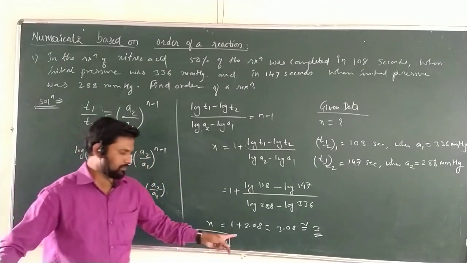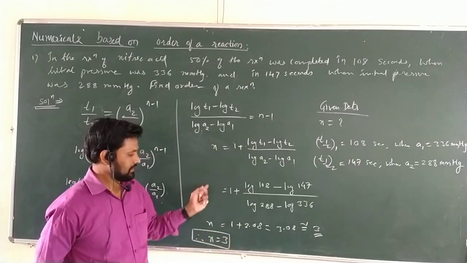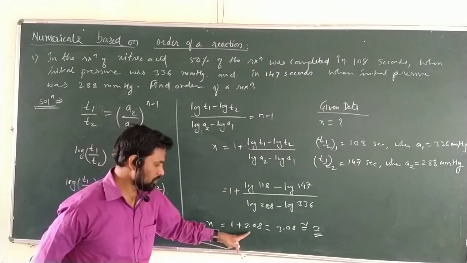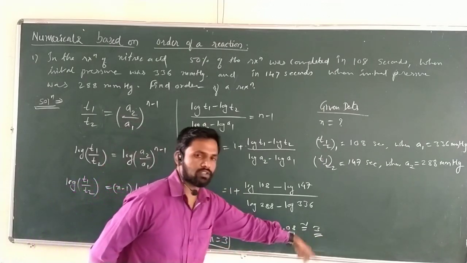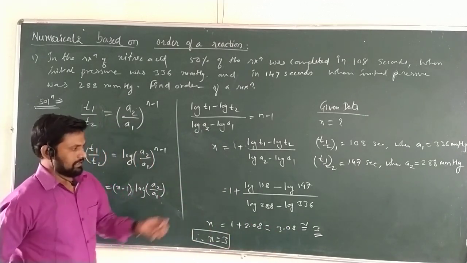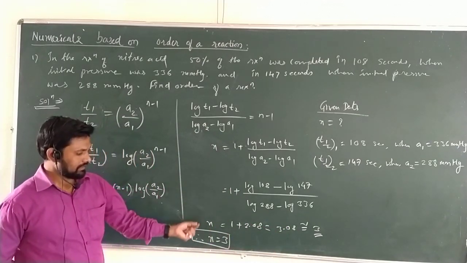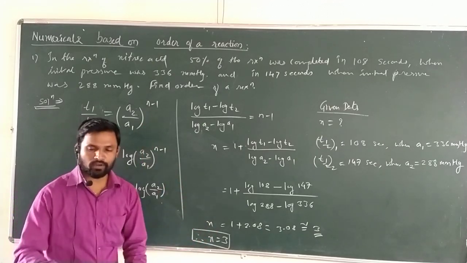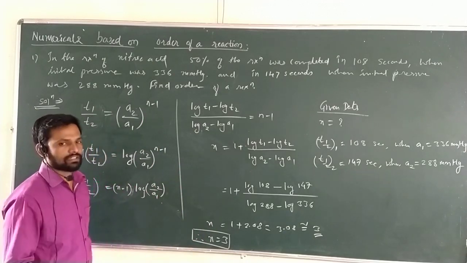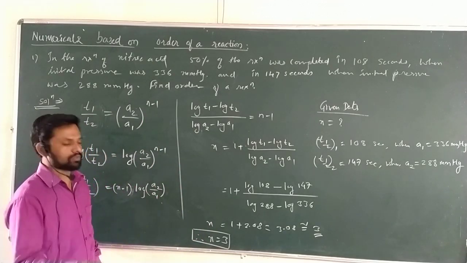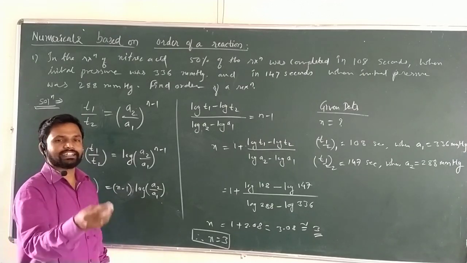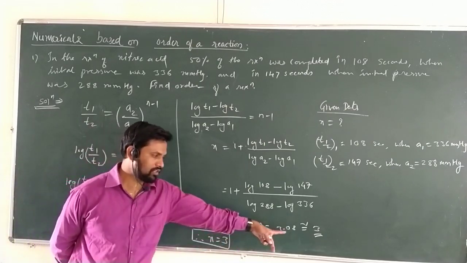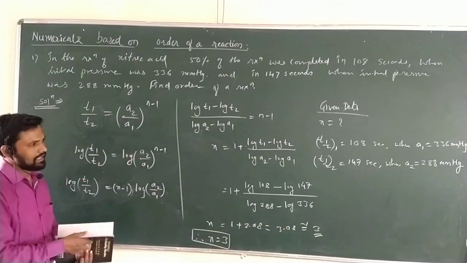We have to take the approximate value. Sometimes it may be given as 1.79 or 1.89, that will become 2. Here 1 plus 2.08 means 3.08. This is nothing but the order equal to 3. Are you getting my point? Here you have to take the approximate value. Sometimes n equal to 1.99, 1.89, 1.77, that will become close to 2. Sometimes n equal to 2.88, 2.92, that will become close to 3. Here n equal to 3.08, that is nothing but the 3 value. I hope you understand.